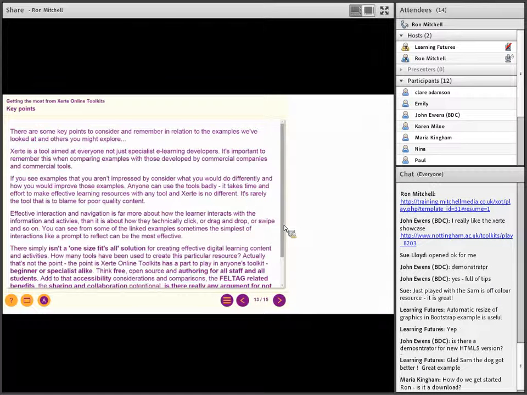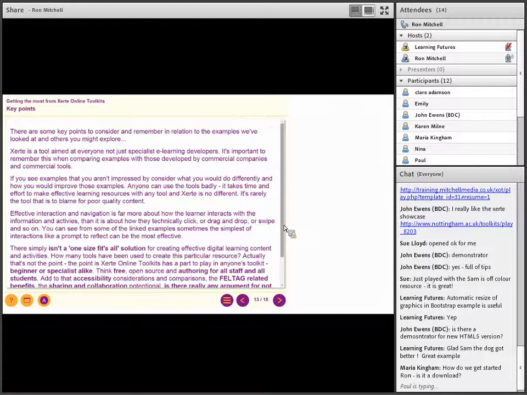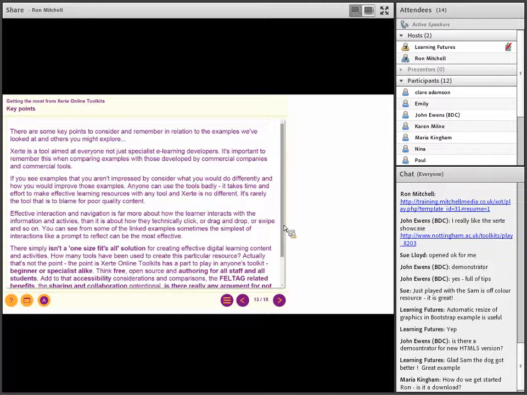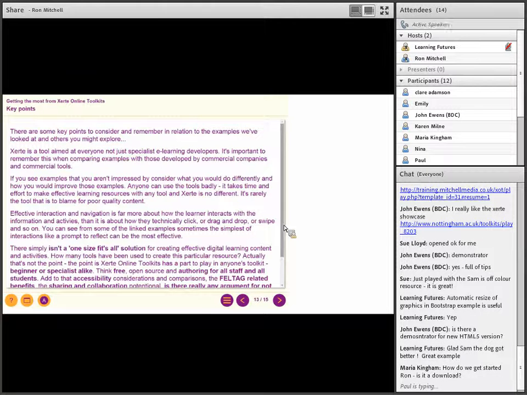So you can't compare those resources with the endless resources and skills that might have been created in a commercial resource. Actually, in terms of accessibility, Xerte is second to none, and because it's built into the tool, it will compare very favorably.